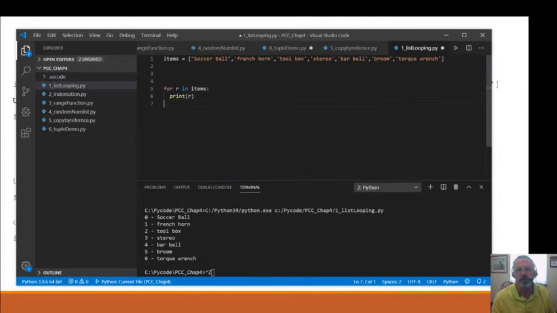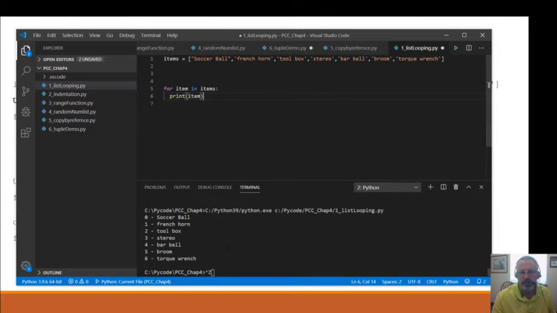Okay, because what we're doing is we're creating a new variable. It's easier for most people when they look at item and items. So if you create a list, oftentimes you'll make it plural because it's more than one typically. And then you can say for single item in items list, print item. But it doesn't have to be that way. This could be anything, and then we're going to print that variable. This creates a new variable, and it gets recreated every single time you go through the for loop.